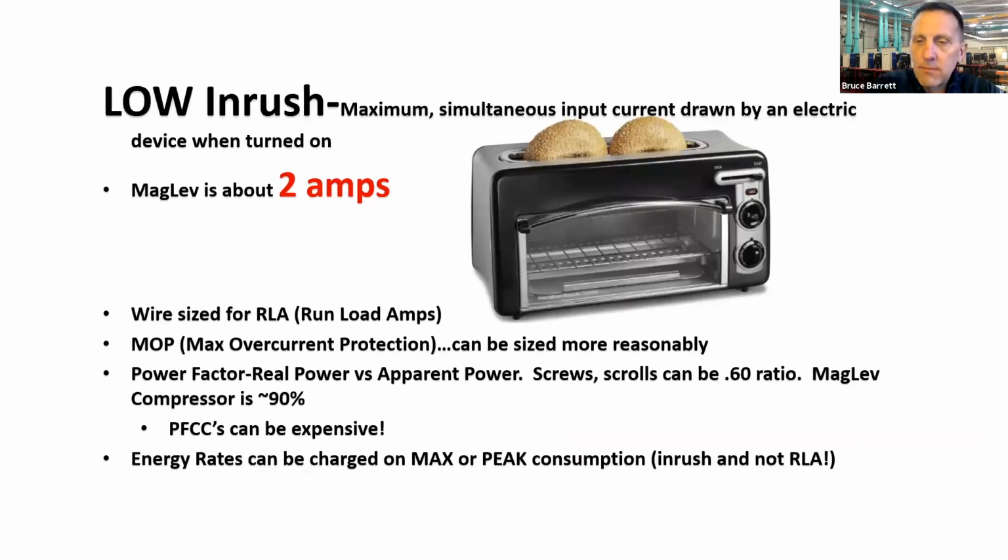Low inrush, again, because the shaft is so small and does not have metal-on-metal parts, you just got to get it spinning. Now, they do spin at a high rate of speed. They're a dual impeller compressor, but it takes about 2 amps of inrush. That's less than a toaster to get that spinning. So your MCA, your electrical, should be very low as compared to certainly a Y delta starter with no drive, but even some variable speed screw compressors.